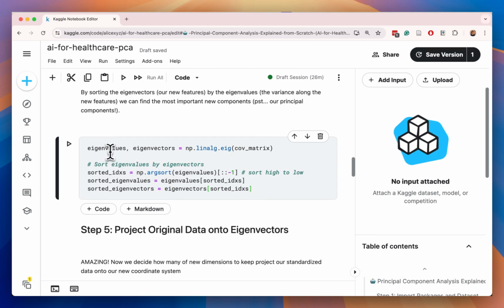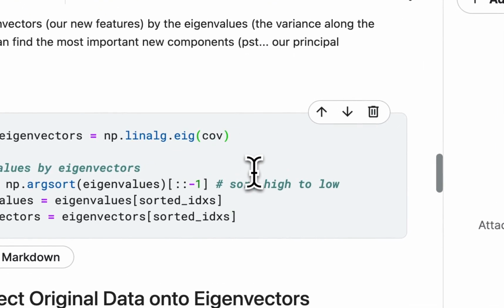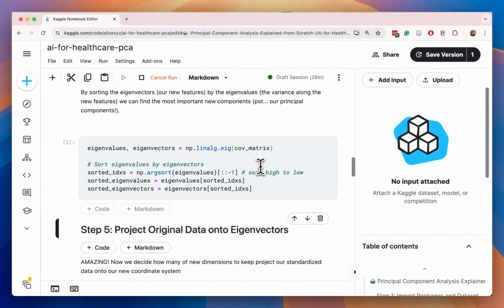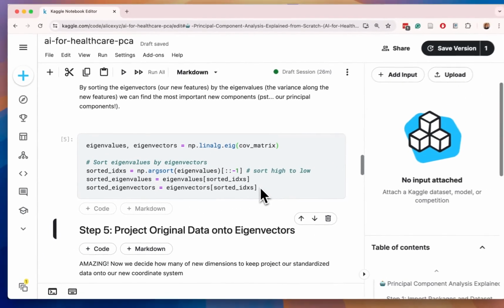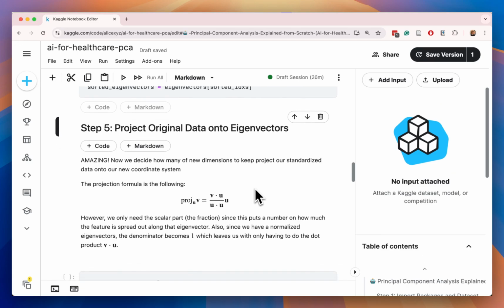So you compute the eigenvalues and the eigenvectors using np.linalg.eig of the covariance matrix, which we computed above. And we can then sort the indexes by the eigenvalues and get the eigenvalues and eigenvectors sorted. And now the final step is to decide how many new dimensions to keep and project our standardized data onto